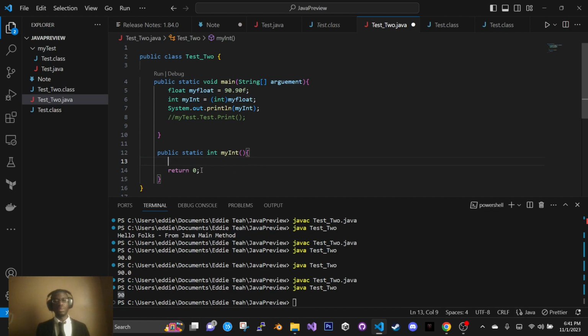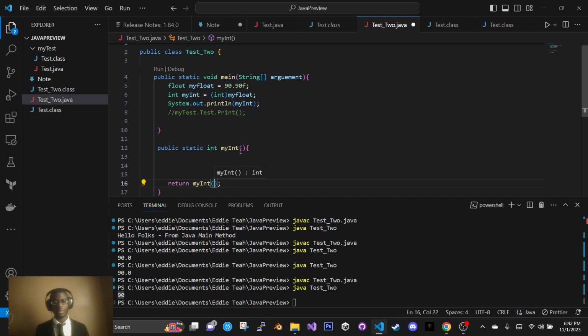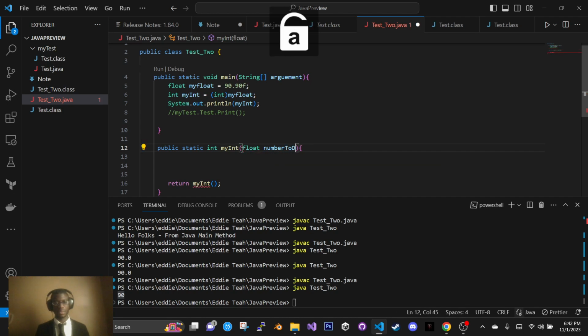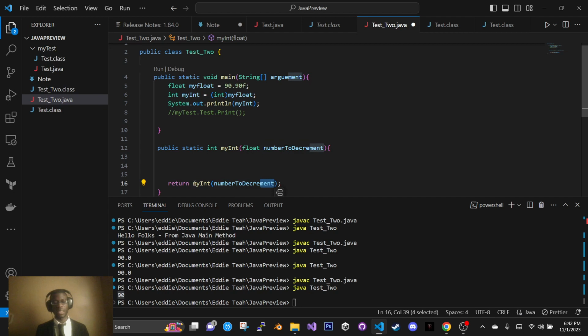So instead of returning a result here, you want to return myInt, right? You will probably want to have a normal value that will be passed in here, and every time this is called, you'll return it as well. So we just say float number to decrement. Every time you return the function, you want to make sure that it is going to an eventual end, right? By the time this decrement number gets to this point, you want to do